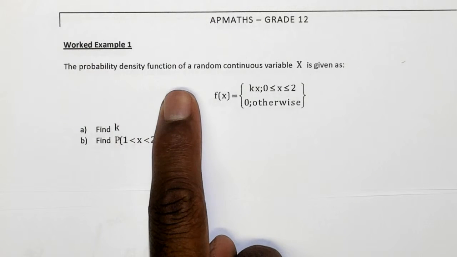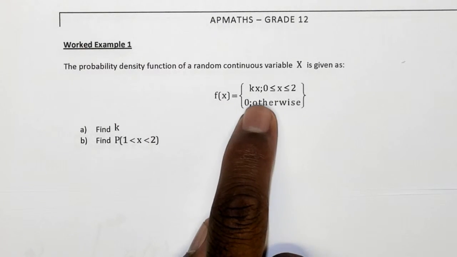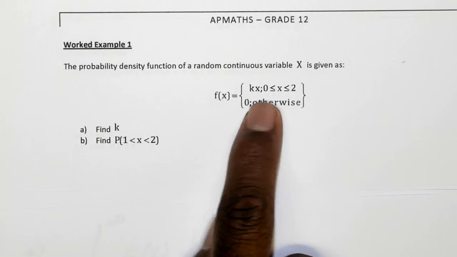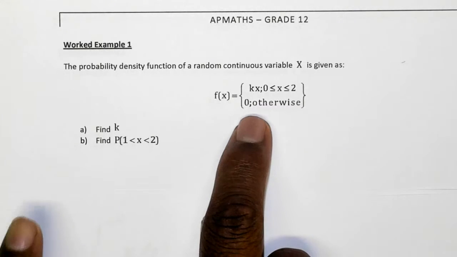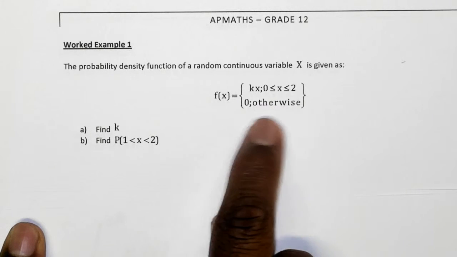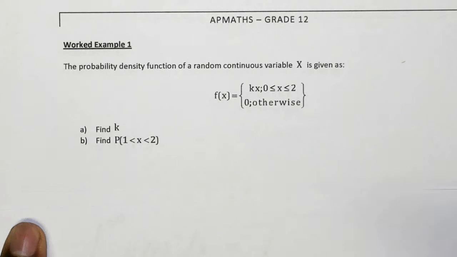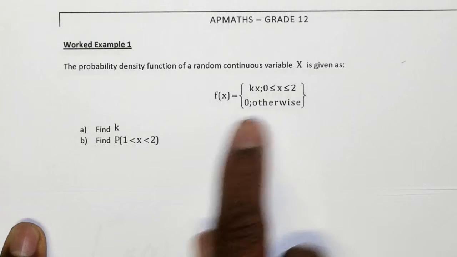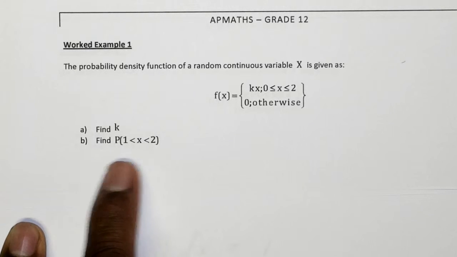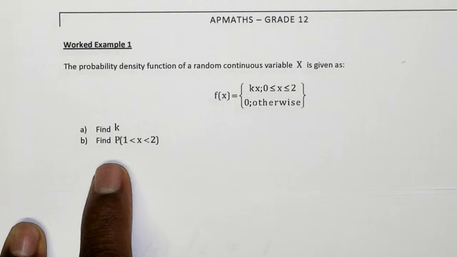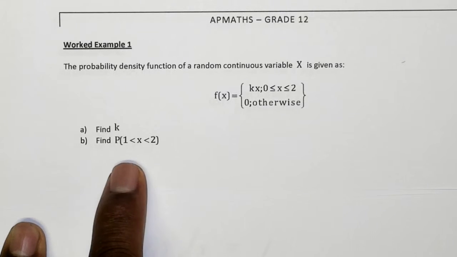The probability density function of a random variable x is given as follows. We have f of x equals k times x. This is defined when x is between 0 and 1, or 0 otherwise. Outside that, the density function is 0. So the first question is to find the value of k. The second one is to find the probability that the observed random variable will occur if x is between 1